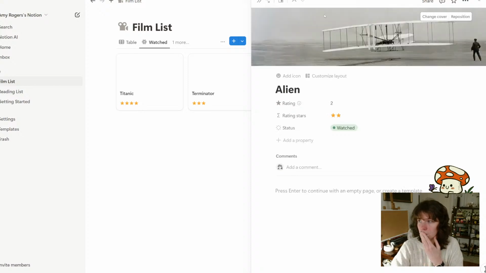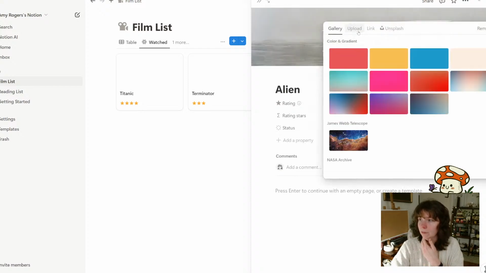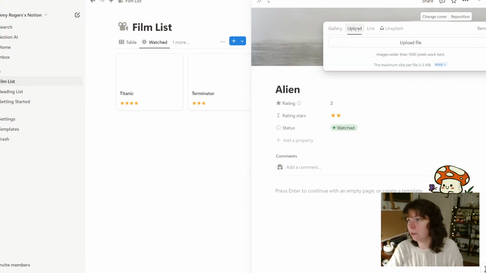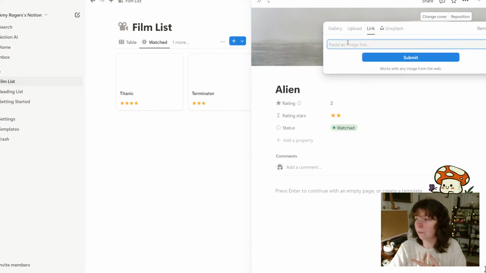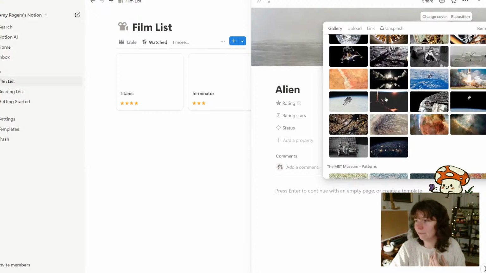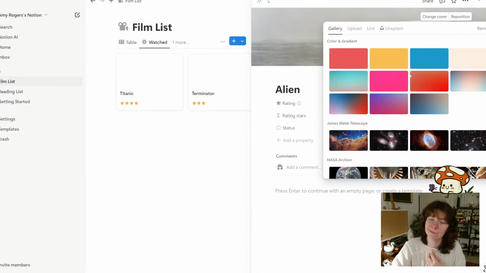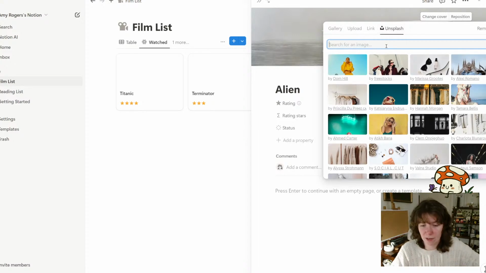So you can add a cover, and either you could go onto Google Images and download the picture and then upload it into here. You could grab the image URL from the website and put it in here. Notion's got a bunch of images, maybe you can use these images without having to credit them. And then also there's Unsplash, which is a royalty free high quality image